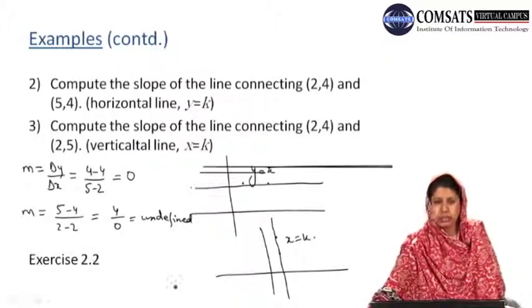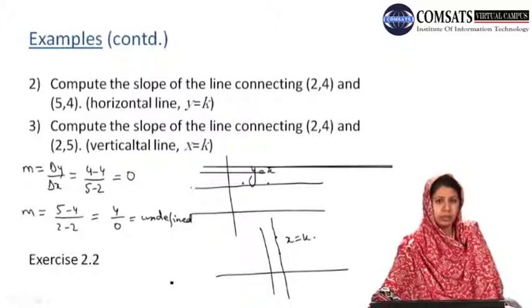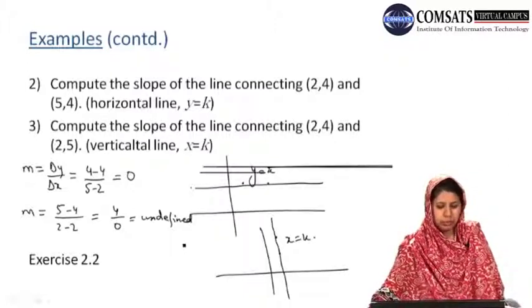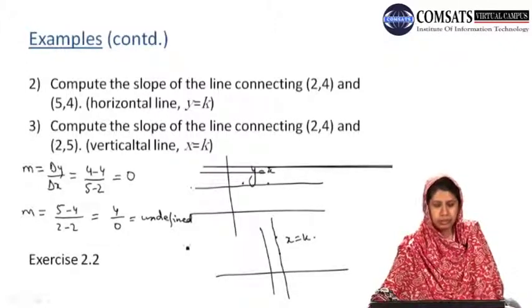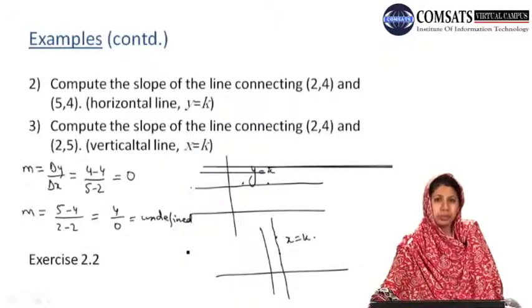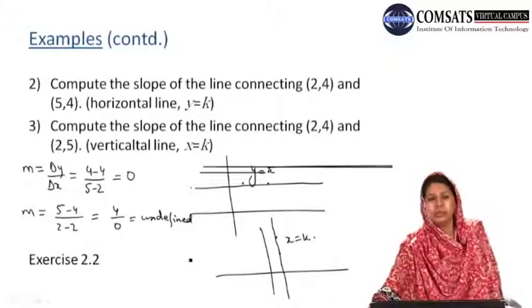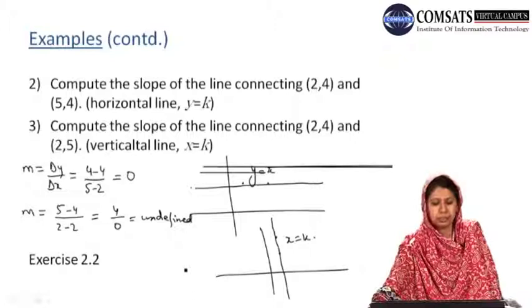Okay, then we have some practice questions from the exercise 2.2, the follow-up exercise. Now, up to now, what we have studied is the slope of an equation, that the slope means the inclination and steepness of a line, and how we can find the slope of a line. If we are given 2 points connecting a line, then we can find the slope easily with respect to the formula, that is change in y over change in x.